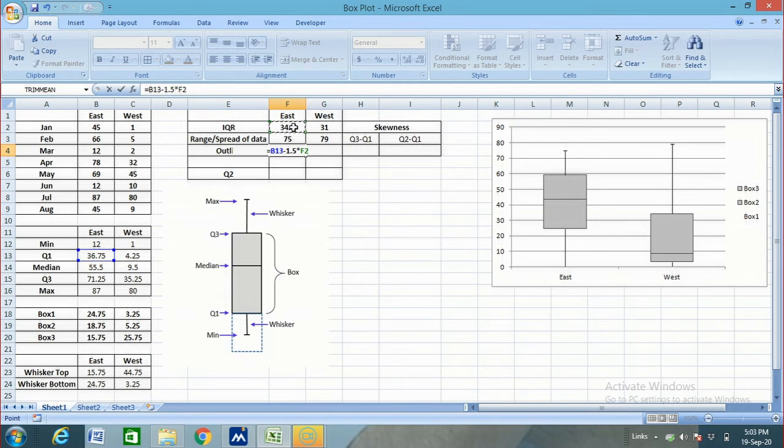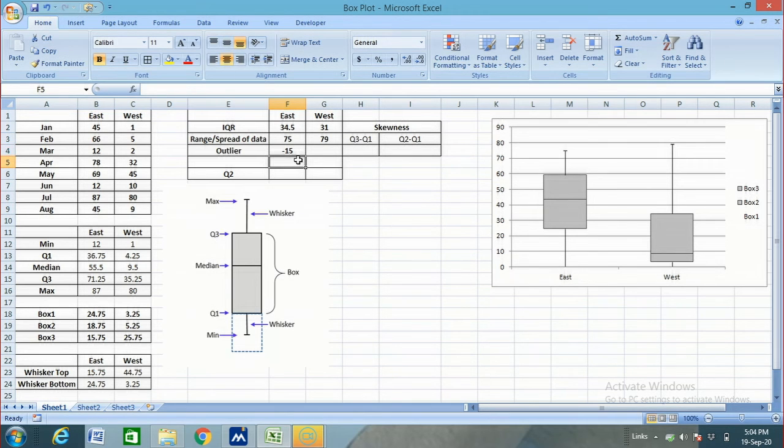Okay, Ctrl+Shift+Enter. So this is our outlier. As I told you, whisker is 1.5 times IQR and anything outside the whisker is considered an outlier. So the data points that come outside of this point will all be known as outliers.